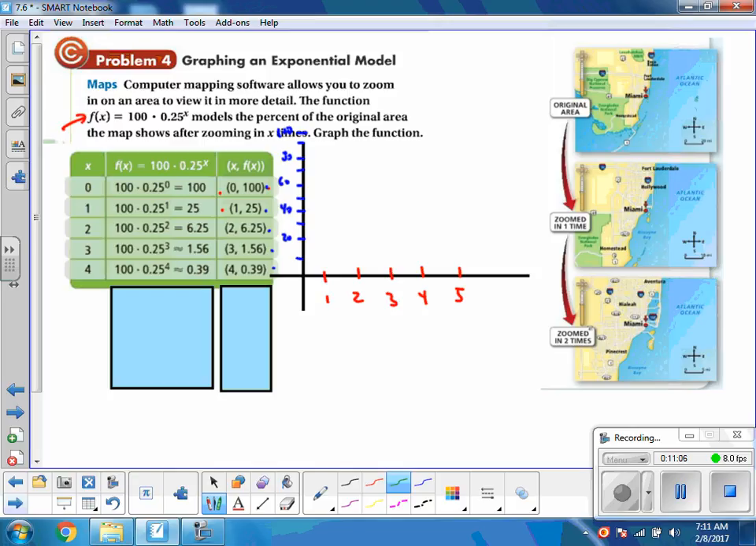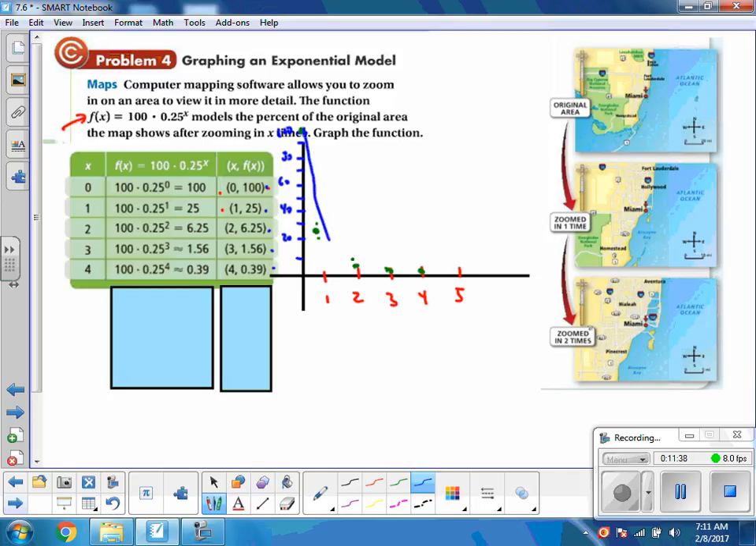So I have a point at 0, 100. I have a point at 1, 25, so there's 20, and there's 30, so 25 is going to be right in the middle of it. And then I have a point at 2, 6.25, so that's 10, and 5 is halfway, so right above halfway. 3 is going to be down toward the bottom, and 4 is going to be practically touching. So my graph